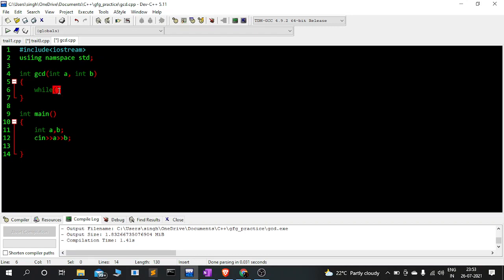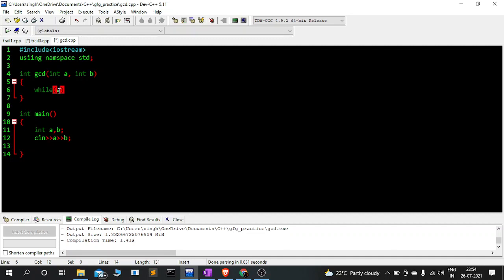First we'll just check, why do we apply while loop? Because we don't know till where we have to go, right? That's why we have to apply while loop. Or you can do it with do while, but not with for, because for there is a condition till where you want to do it maximum. Okay, so while